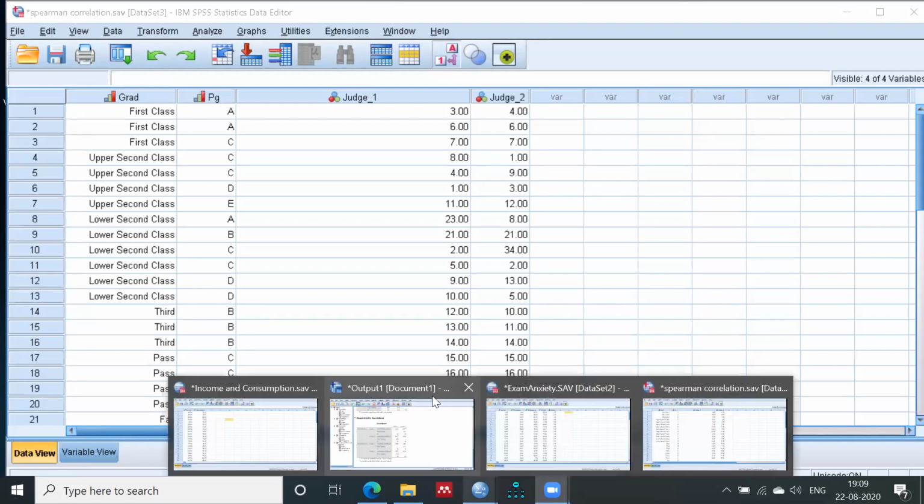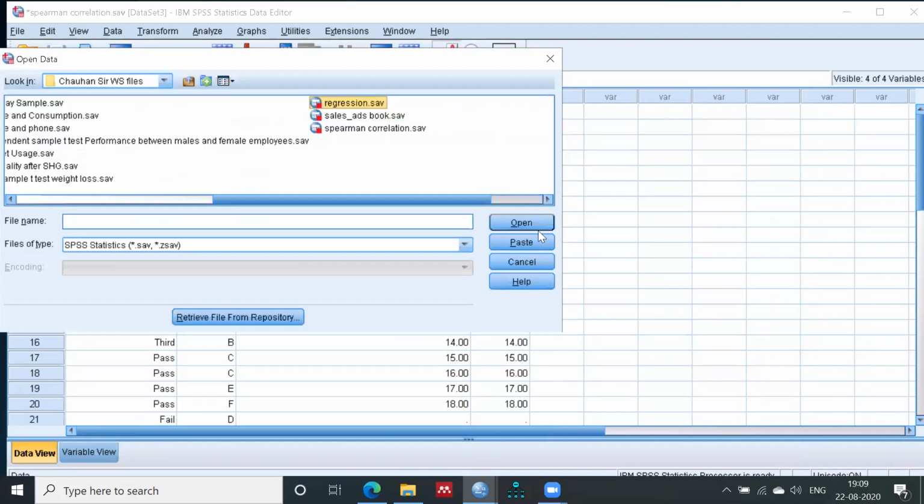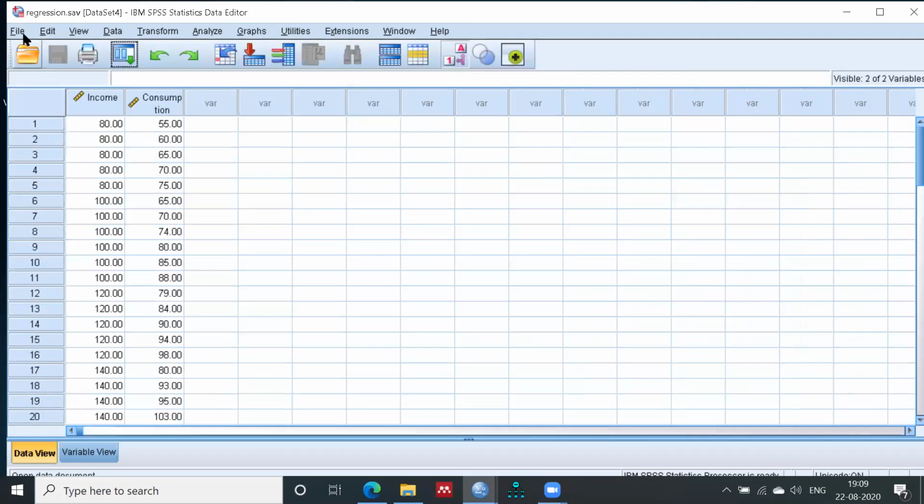So let me close the previous ones, income and consumption, and anxiety. The next file you can open for this analysis, I think regression is there. Let me see. No, it's not. Here we have only two variables.